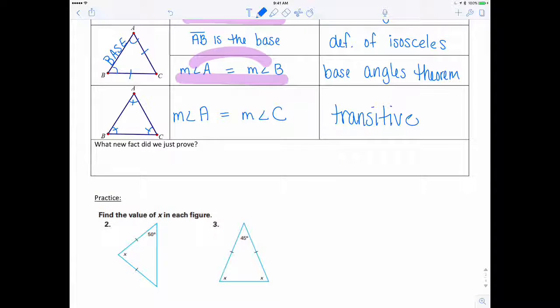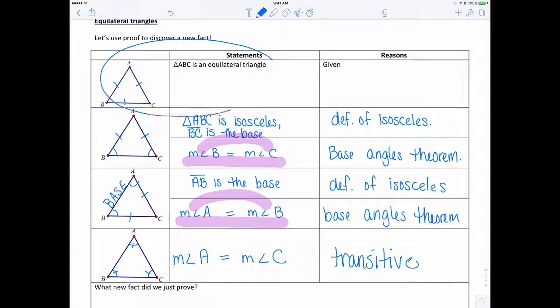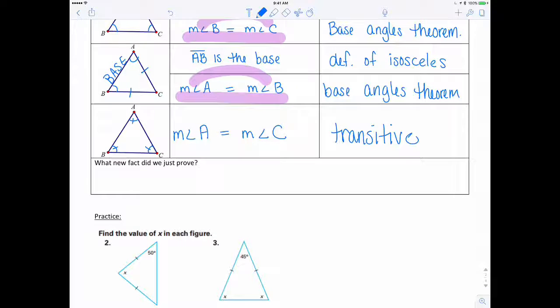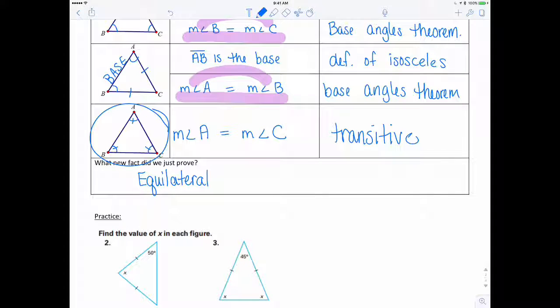So the question remains, what new fact did we just prove? We just proved that if you know a triangle is equilateral, all the sides are the same, then it's safe to assume that the angles are all the same. And we have a word for that. It's equiangular. So we just proved that equilateral implies that the triangle is also